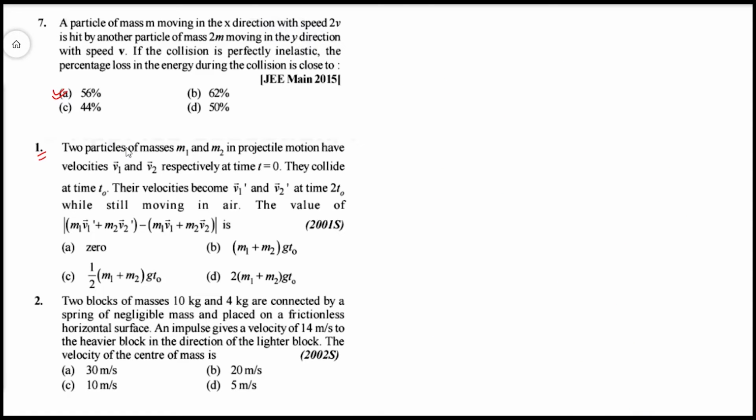Okay, so the next problem is from JEE Advanced, and this is 2001 screening. So two particles of mass m1 and m2 in projectile motion have velocity v1 and v2 respectively at time t is equal to 0, and they collide at t naught. The velocities become v1 dash and v2 dash at time 2 t naught while still moving in the air. Okay, so the value of this whole expression, m1 v1 dash plus m2 v2 dash minus m1 v1 plus m2 v2 is going to be,